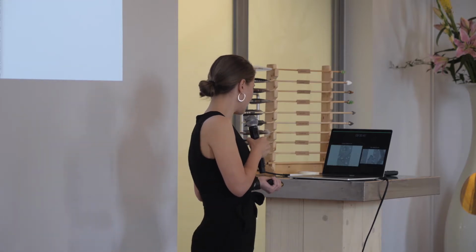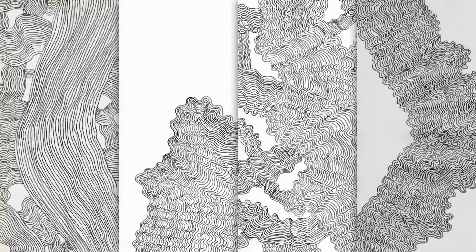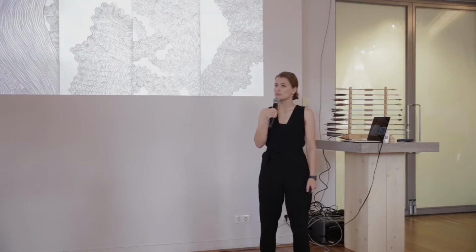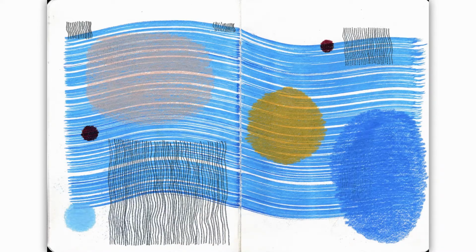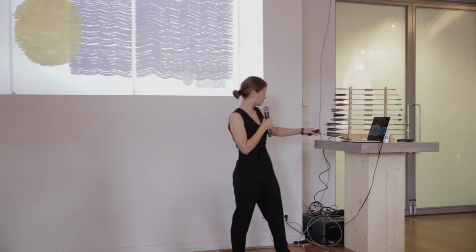And so I finished that book, and then I really wanted to do something else, something different from the pencil work. And so I started creating those, which incorporated a little more color, a little more shapes, and some of them weren't that awesome, others were nice. And what is more important is that